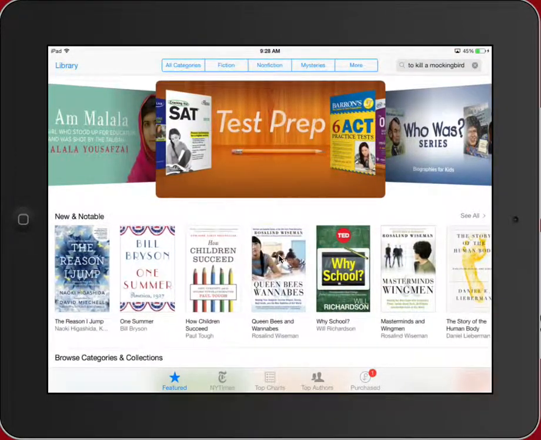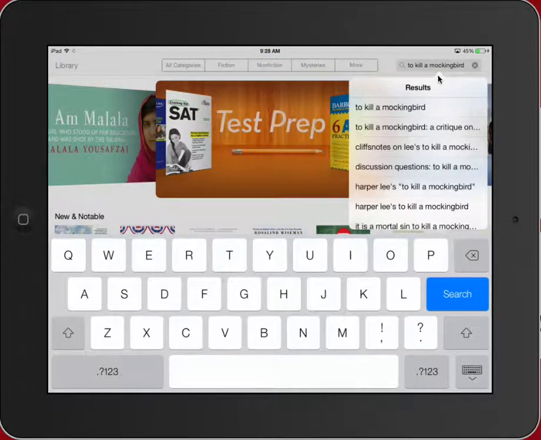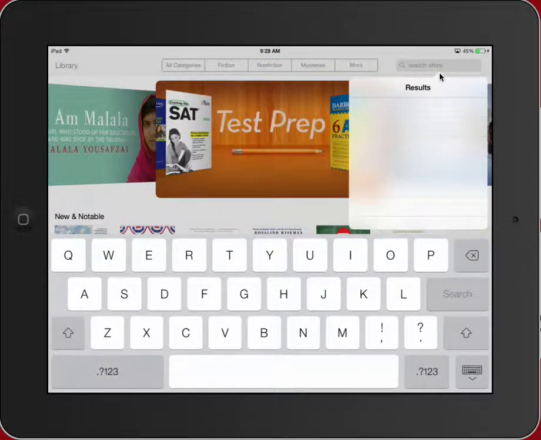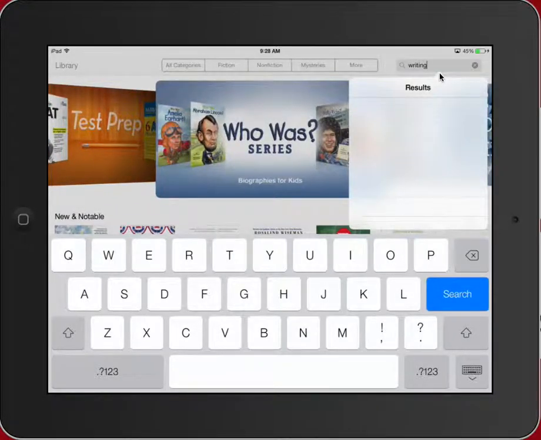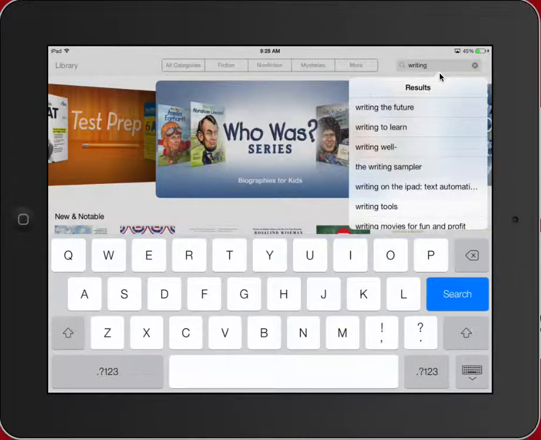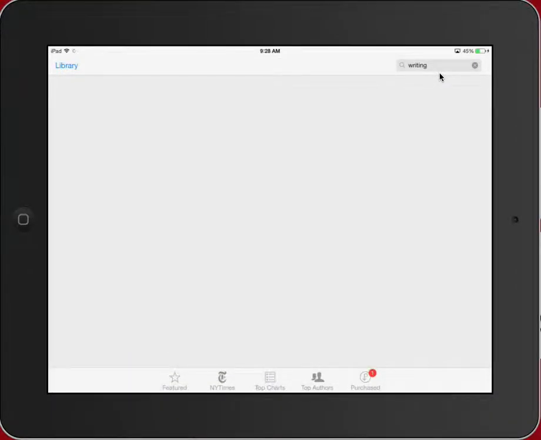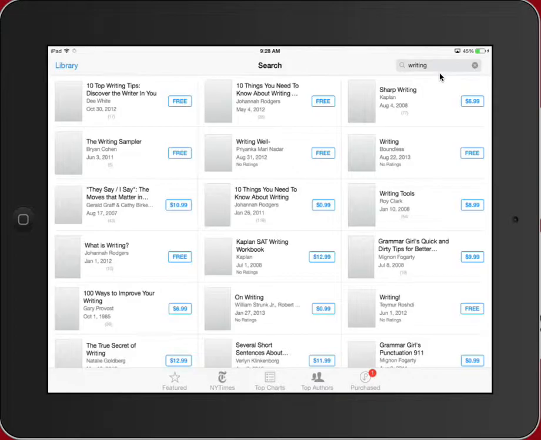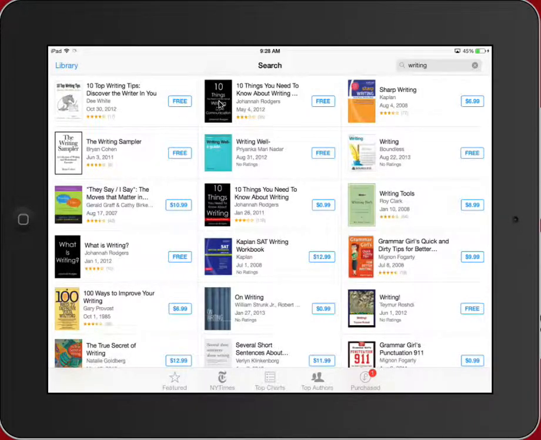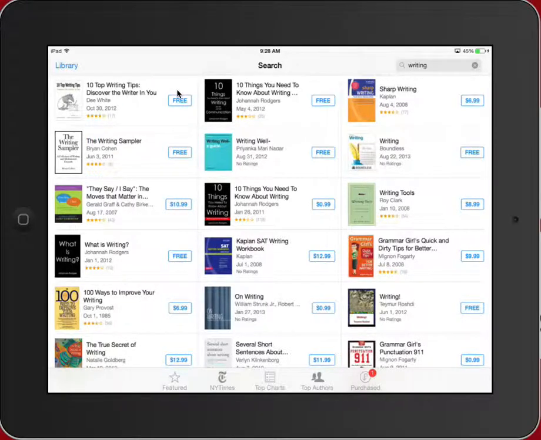And then up here in the far upper right, I can also search for specific things, okay? So if I am going to look for a book on writing, all right, let's see what happens. And right here is the key. So 10 top writing tips. You'll notice that this is free. 10 things you need to know about writing. This is free. So right here you get a sense of what it looks like and how much it costs. When I click on free,